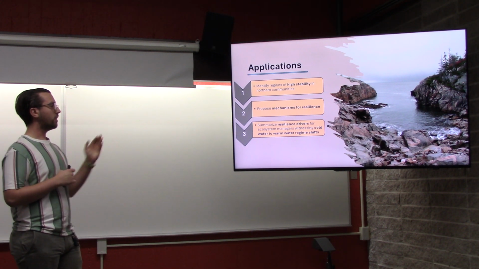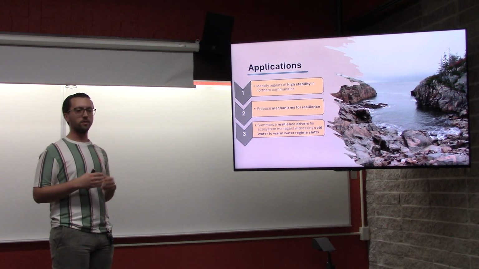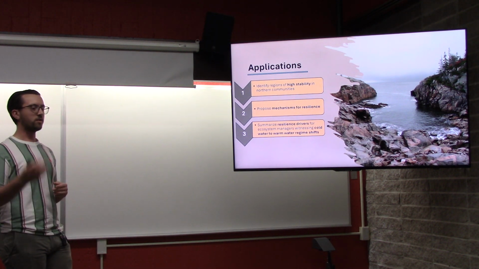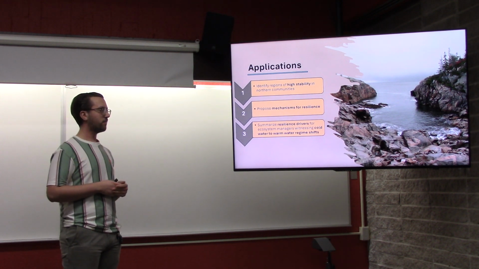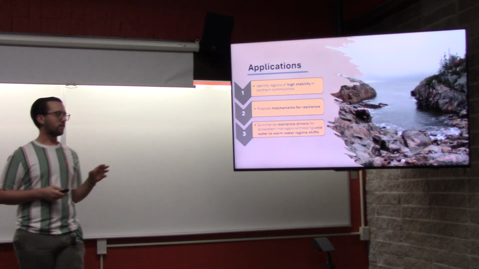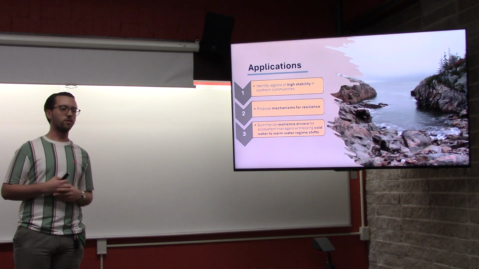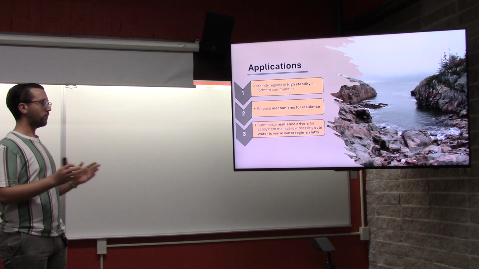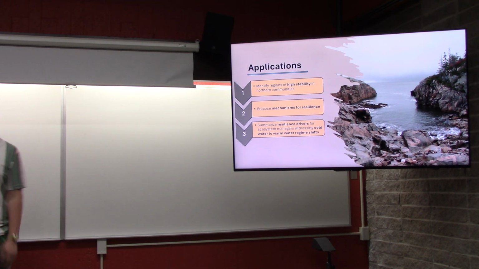Then in finding regions of high stability, so less turnover of species and maintenance of biodiversity over time despite harvesting and despite climate change, hopefully we can find some mechanisms for that resilience. And then use those mechanisms for resilience to inform ecosystem managers who are seeing this shift from cold water species to warmer water species, both in the northern hemisphere and south.